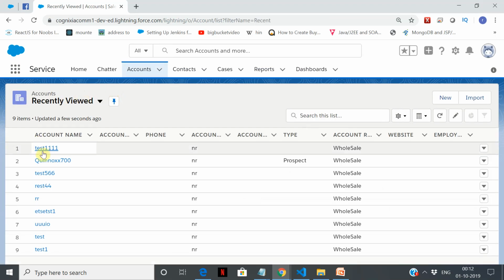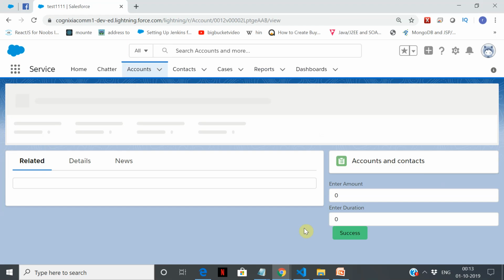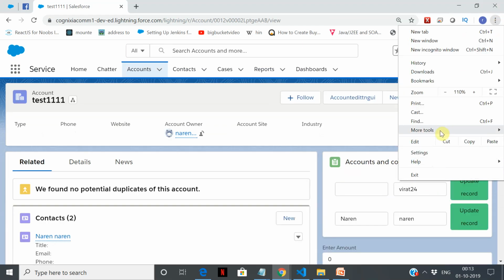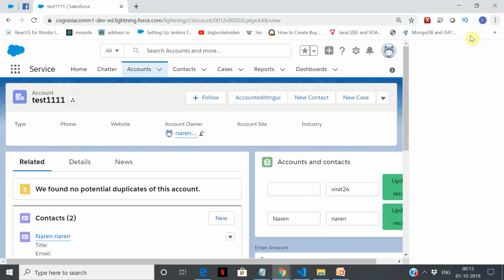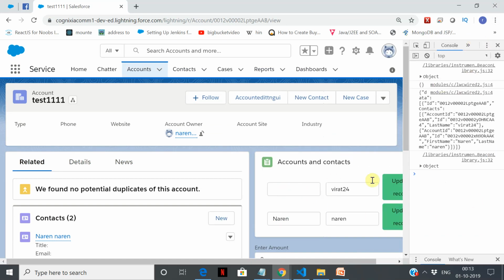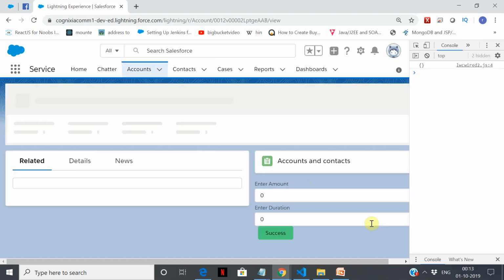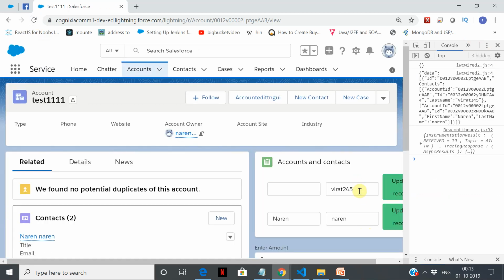So we're going to update the value of the first name, last name from there itself. So let's open up the log. So now if you see, this is success. So let's refresh this. Now the data has got updated. So very simple way of updating, no Apex code here. See, the data has got updated.